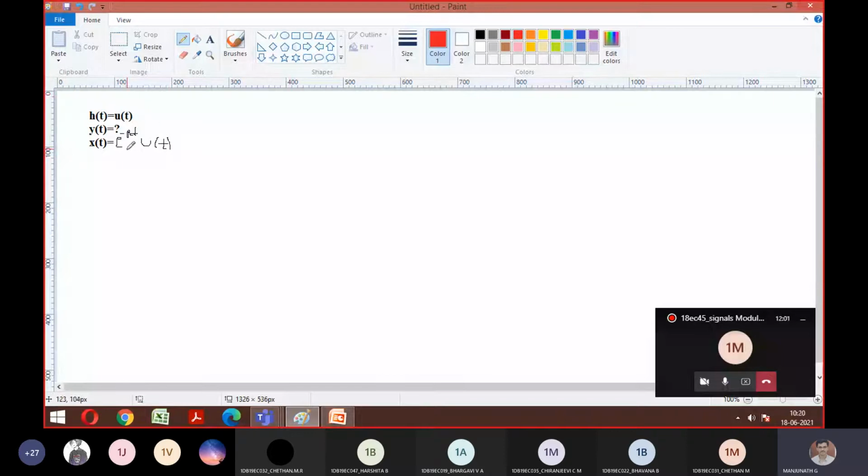If you look at this x of t, the exponential to the power of minus at represents your x of tau. So tau means what? At some interval. t is time. I hope you remember the waveform we wrote. This is with respect to time. In between, if you mark anything, that will be your tau, correct? So x of t is analyzed with respect to x of tau and h of t minus tau. This is the combination given in the question. Is the question clear to everyone first? Then we will go ahead and solve the problem later. Is this okay till here? Shall we move on?